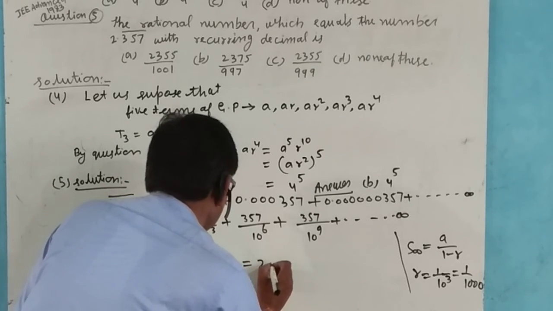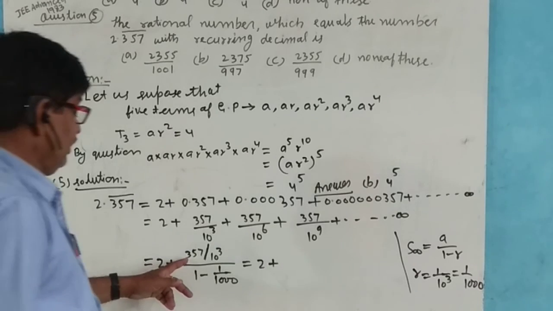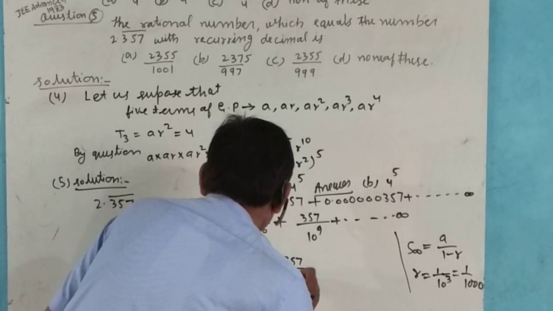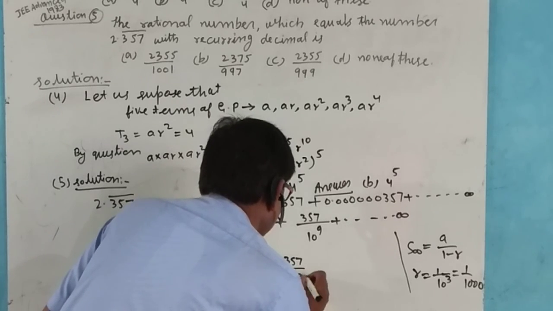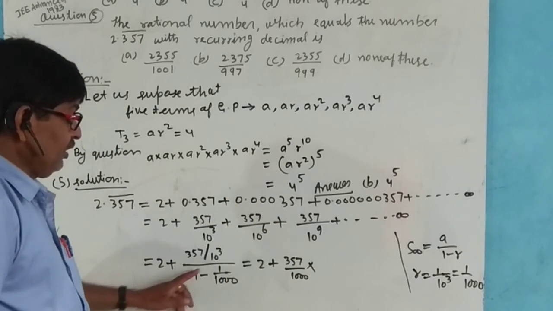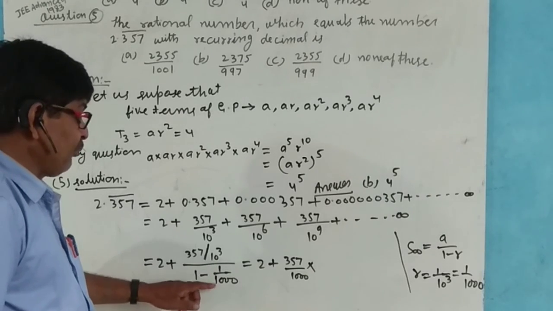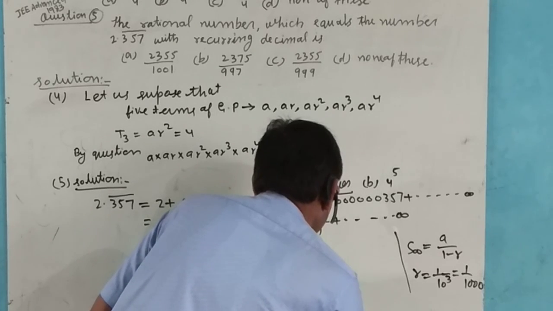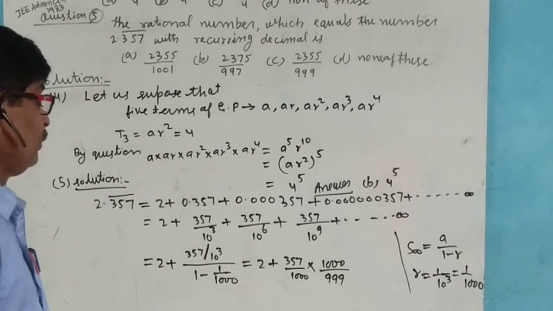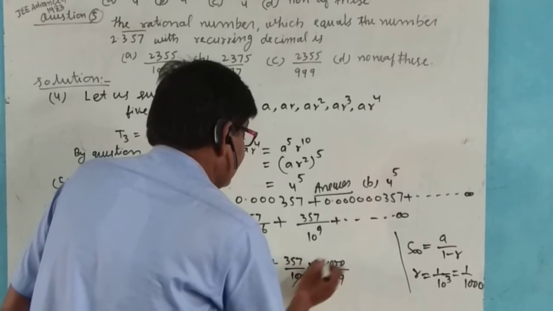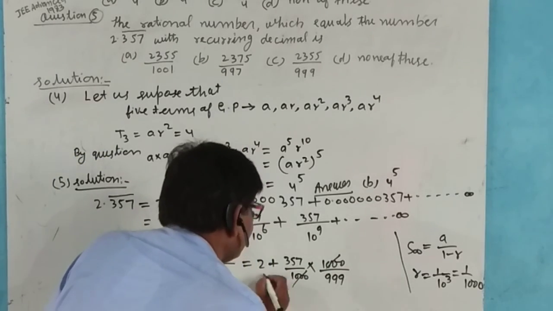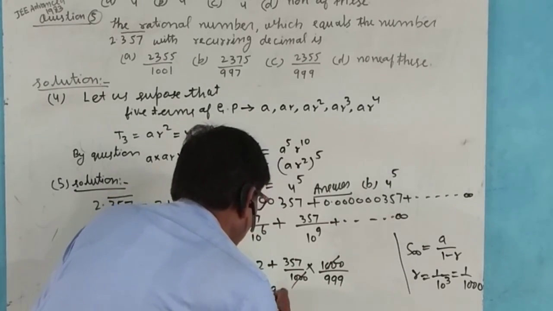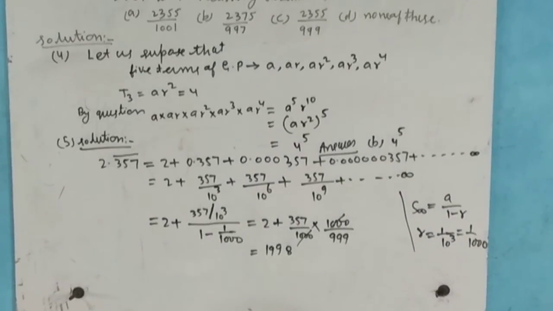This can be written as 2 plus this 357 divided by 10 to the power 3 means 1000, into this, here subtract 1, 999 by this, and this comes in the upper side divided by 999, so that this and this cancel, and this can be written as 2 into 999,